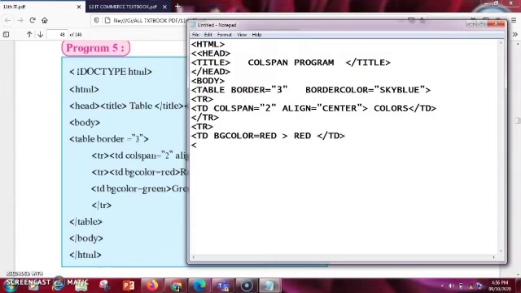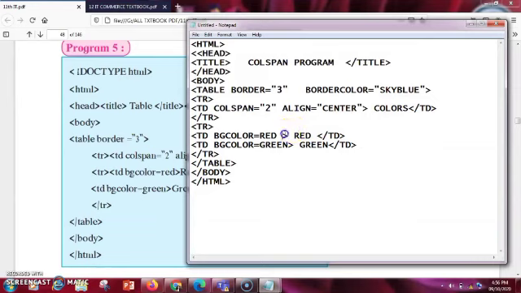Then we give the next TD tag with BG color equal to green, and I'll write green and end the TD tag here. After that we end the TR tag, the table tag, the body tag, and finally the HTML tag. This ends the program.